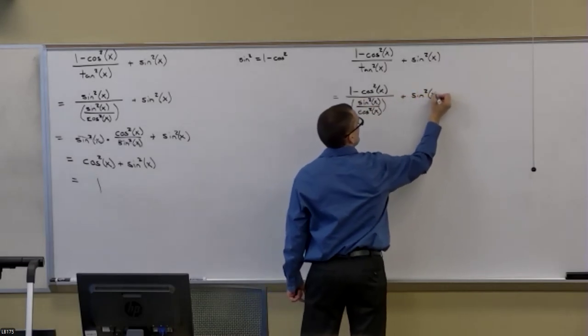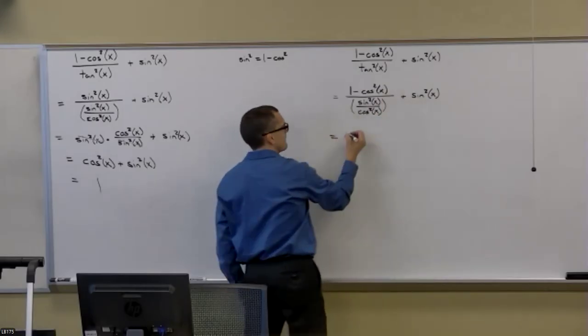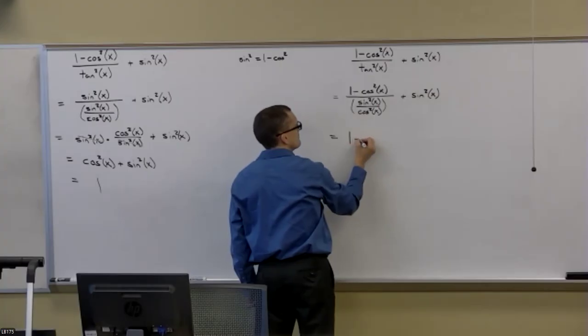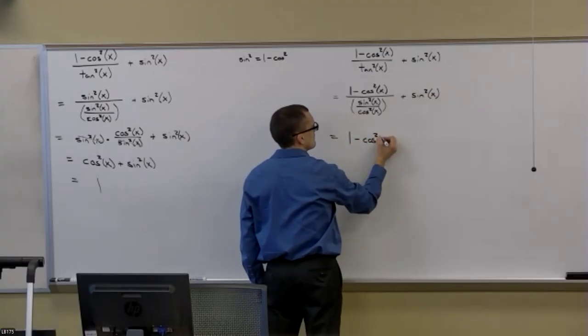And then I would probably now multiply by the reciprocal. Okay. 1 minus cosine squared of x